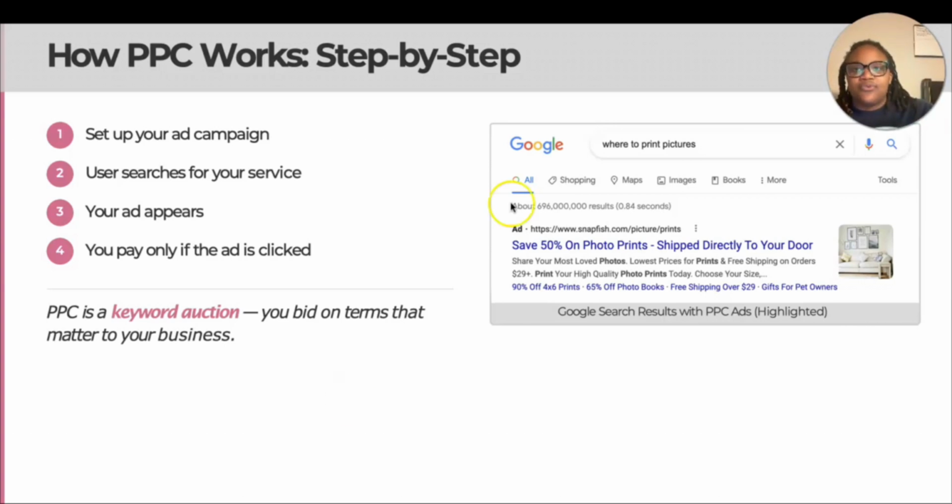So let's say, for example, over here to the right, somebody searches where to print pictures, and you're running a campaign on photo printer. You own a photo printer business, or your client owns a photo printing business, and you set up this ad. So when someone types in where to print pictures, your ad is shown in the search results, and you only pay if that person clicks on your